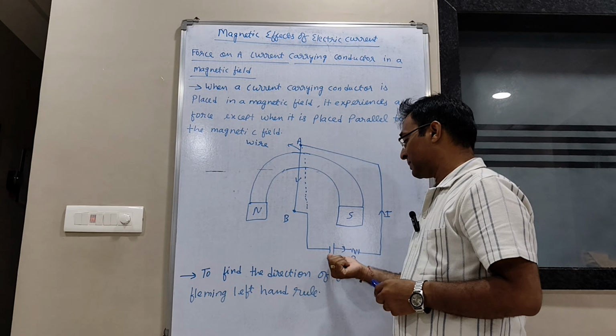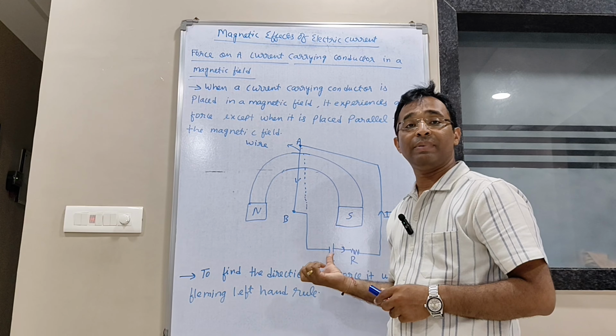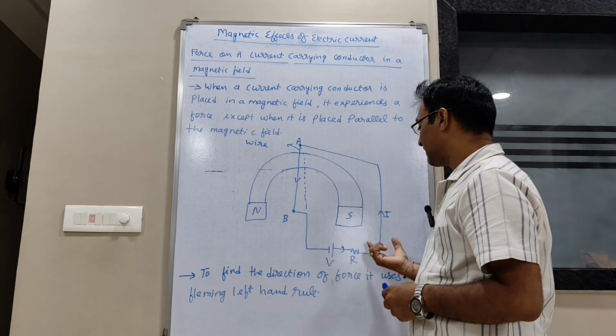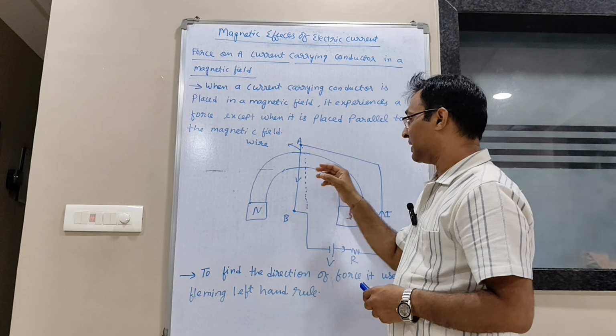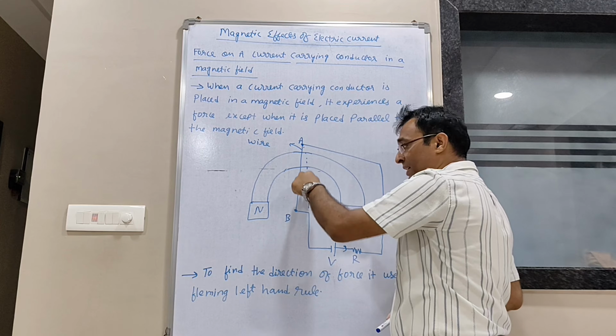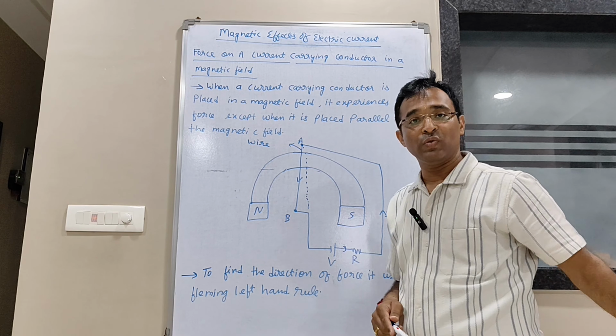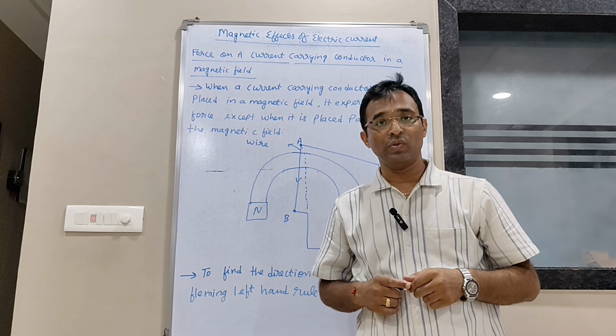If we switch on the key and start the battery flow, the current will flow in the anti-clockwise direction. As and when we have the magnetic field flowing from north to south and current from A to B towards downwards, then this circuit will experience a force. A force will be generated,